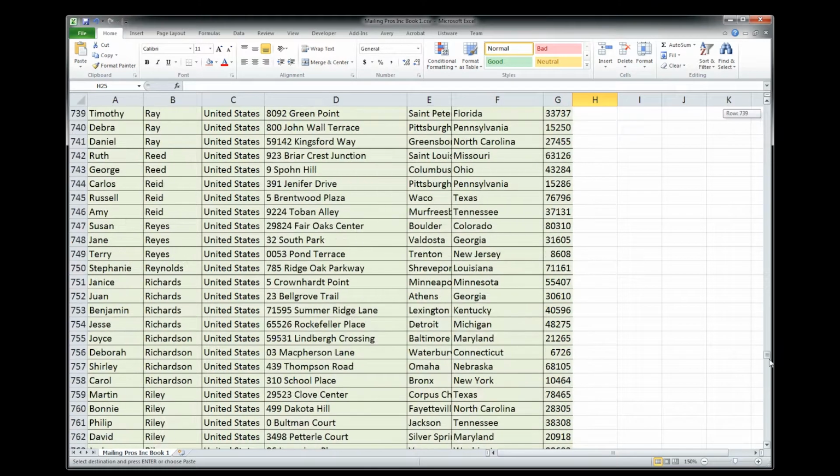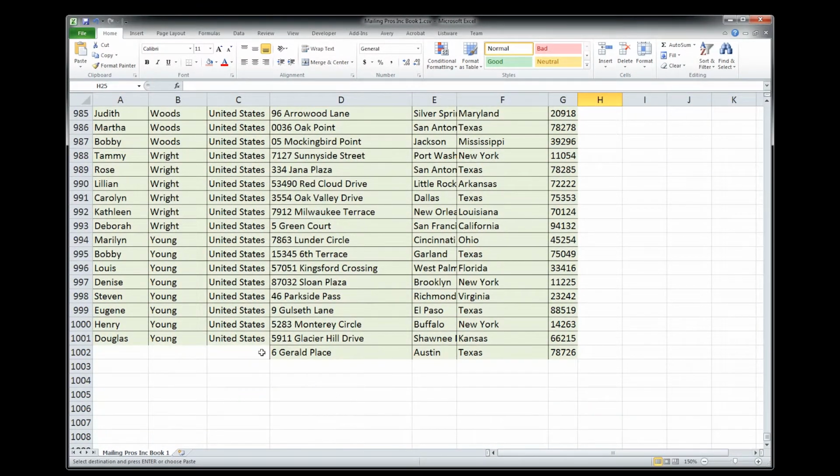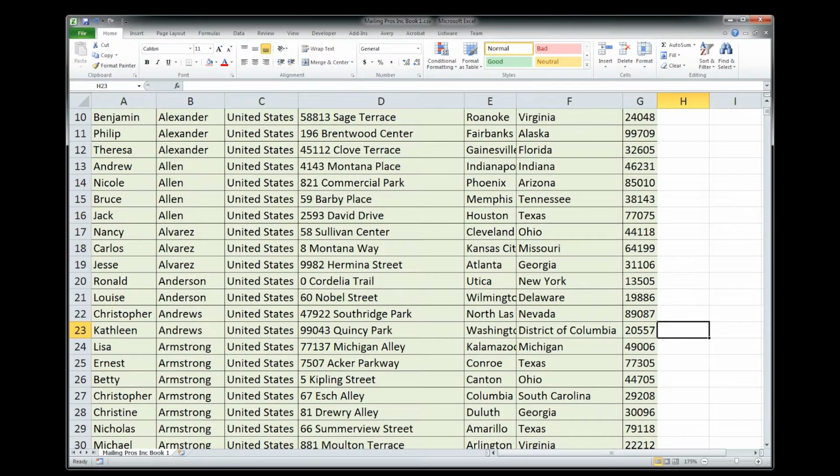If I scroll down to the bottom, you can see how the last address is pushed into another row. What will happen now if I use this mailing list is all of the names will not match the addresses, an expensive mistake. For this specific example, I should simply select the new address,